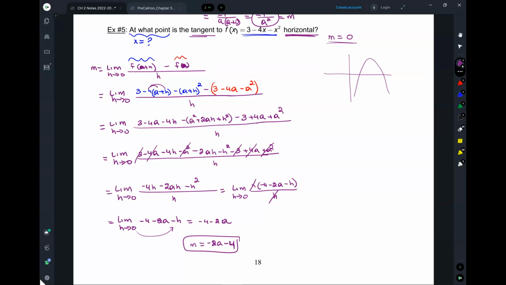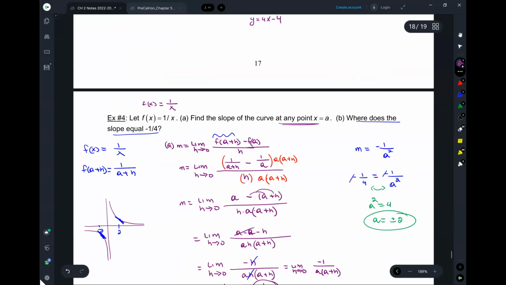This is a way for you to be able to find the slope at any given point. So for example, when a is 0, or when a is, let's say, 5, you put it in there and it gives you the slope right there at 5. When a is like 9, you put it in there, it gives you the slope at that number. Now we want the value for where the slope is 0. So we say,